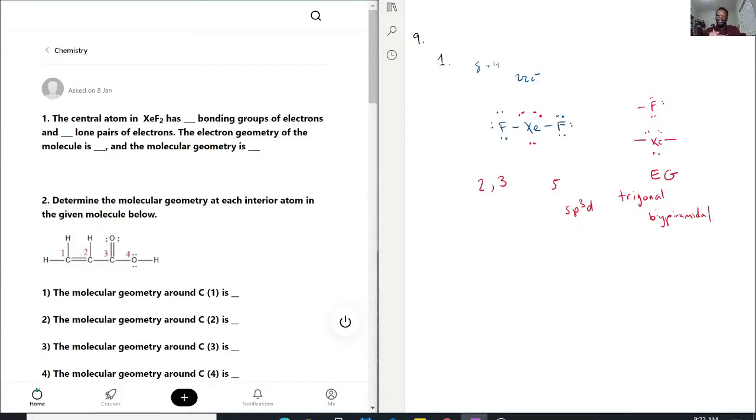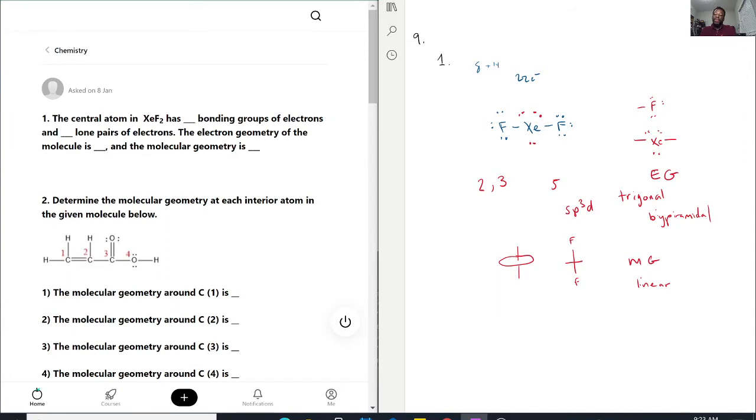The molecular geometry, on the other hand, okay, funny enough, when you have 2 bonding groups and 3 lone pairs, it would actually be linear. That would be its most stable form, because think of it as the electron lone pairs forming a ring around the xenon and the 2 fluorines sticking out like that on top. So if you look at a plane, this is what it would look like. That ring right here is what I drew as that horizontal line,